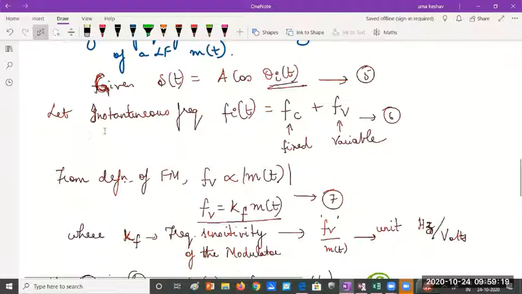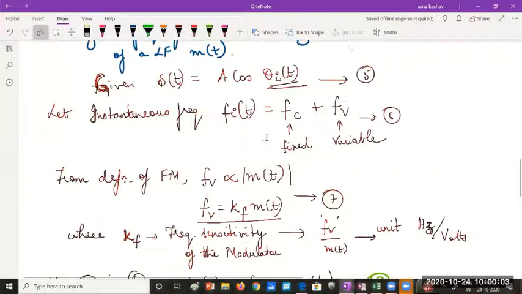Now let me consider, since I am interested in frequency modulation, let me define the frequency at a given instant of time, the instantaneous frequency Fi of t, as Fc plus Fv. Fc represents one fixed component and Fv is a variable component of the frequency. Now that fixed component we are going to generate using a local oscillator. This variation we will do whenever the message voltage changes. If message voltage changes, some frequency will be generated according to that, which should get added to the existing carrier